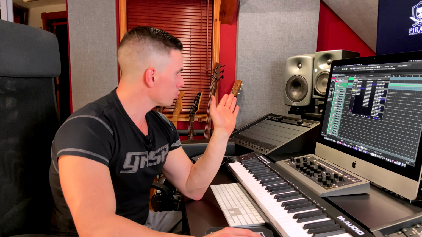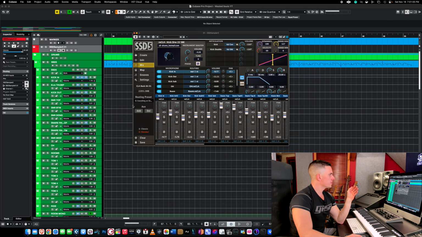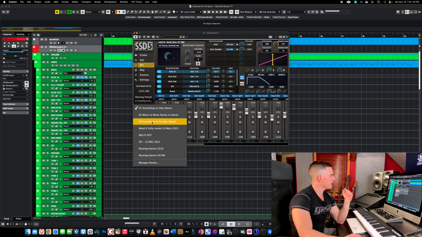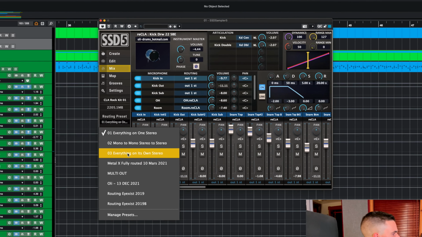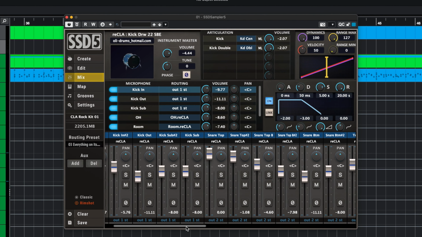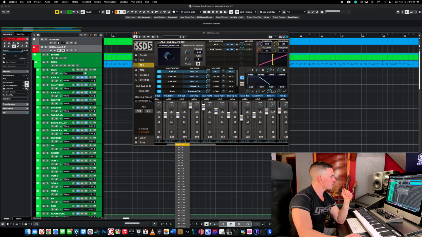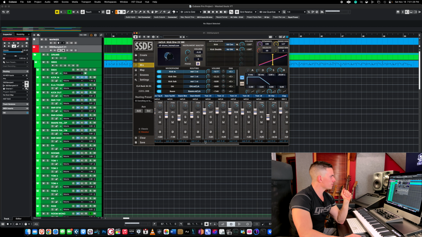So after you loaded your samples, the next thing you're going to want to do is go to the mix tab. The default setting is everything to one stereo track. As you can see, at the bottom of each track we see output one stereo selected. So what you're going to want to do is go to routing presets and click everything in its own stereo. So if you look here at the bottom of each track, now we switched to 1 stereo, 2 stereo, 3 stereo, 4